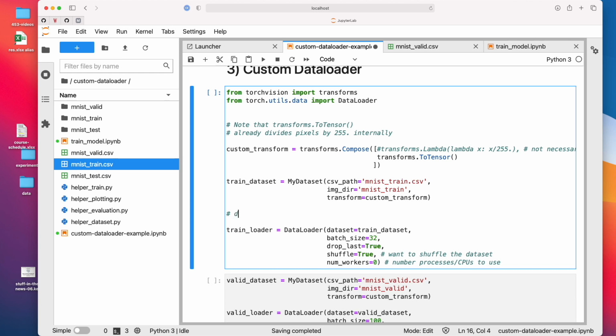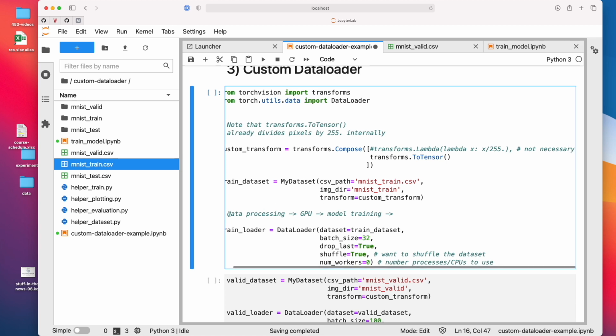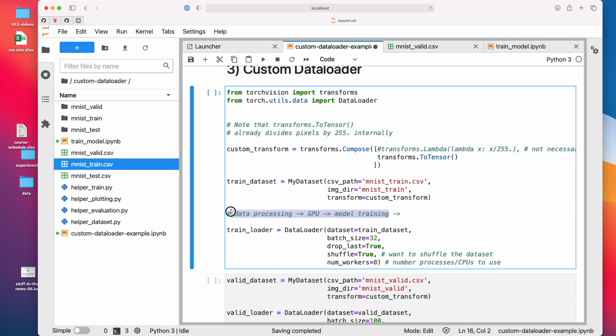So there's usually, let's say, data processing, and then there's our model, and let's say we give our data to the GPU, and then on the GPU the model training happens, and then it goes back to data processing again, and then it's basically a repeating loop. So we're going from data processing to the GPU, where we do the model training, and then data processing, GPU, model training. And this would also be true for CPU. The main point is that this is sequential, because Python is usually one single process, one main process.